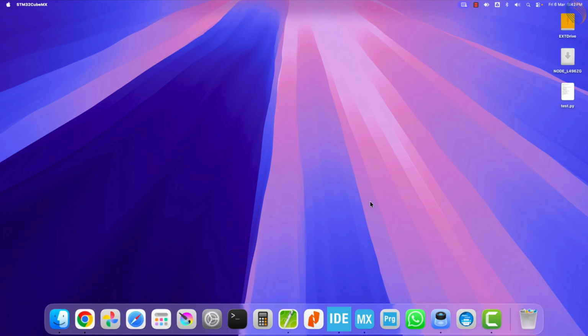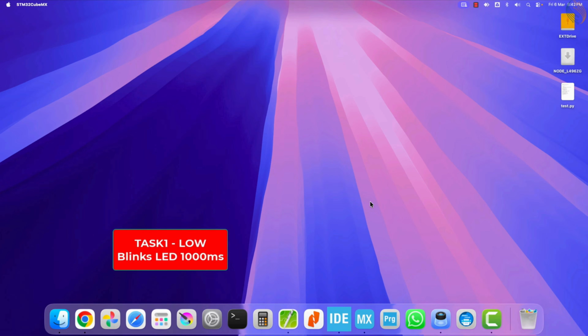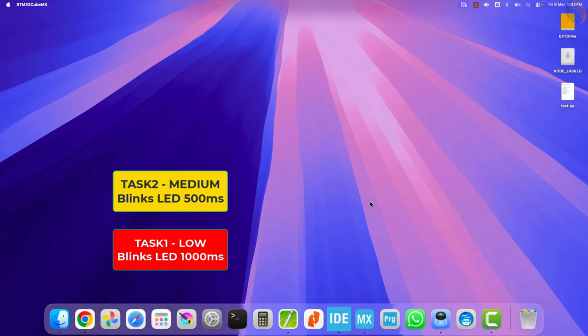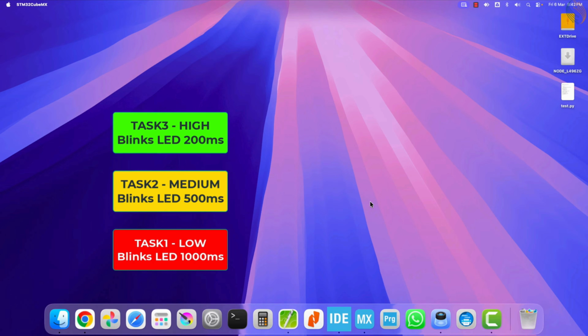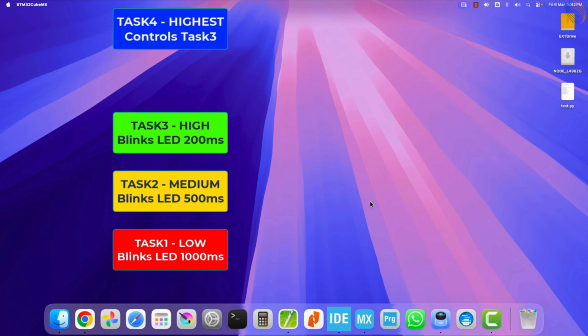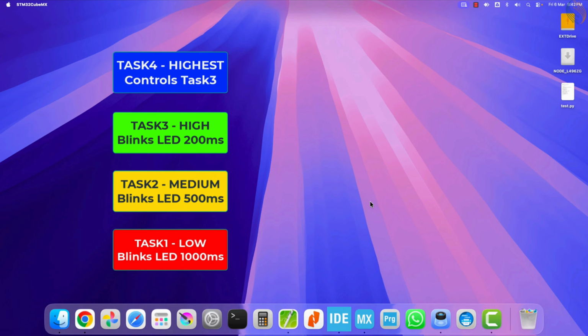I am going to create 4 different tasks, each with a different priority level. Task 1 will blink one LED, and will have the lowest priority of the four. Task 2 will blink a second LED, and will have a priority higher than Task 1. Task 3 will blink a third LED, and its priority will be higher than both Task 1 and Task 2. Task 4 will control the life cycle of one of the remaining tasks, and it will hold the highest priority